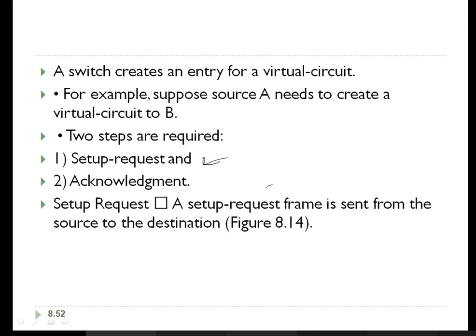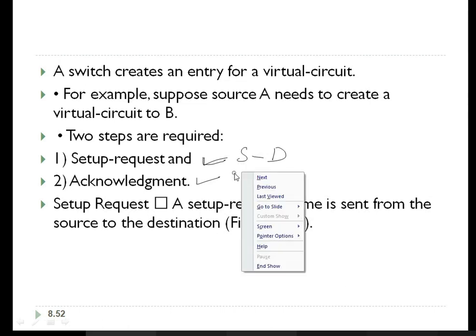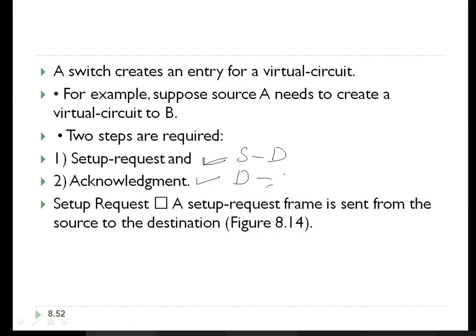Once the destination accepts the request, there will be a response called an acknowledgement. The setup request is sent from source to destination. The acknowledgement comes from the destination to the source if the destination is ready to receive. Because of these two steps, the connection setup phase completes and the setup phase is established.